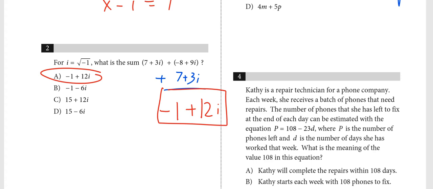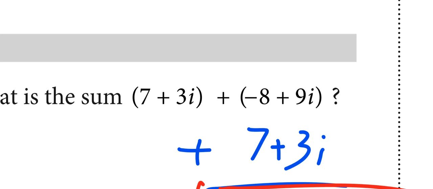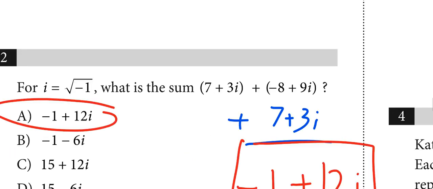Why do you think people foil that? Why do you think kids foil that? Even though it's addition, why do you think they foil it? What do they see in this problem that makes them think foil? They see parentheses, right? Parentheses mean foil. No, they don't. If you're multiplying, sure, fantastic. But